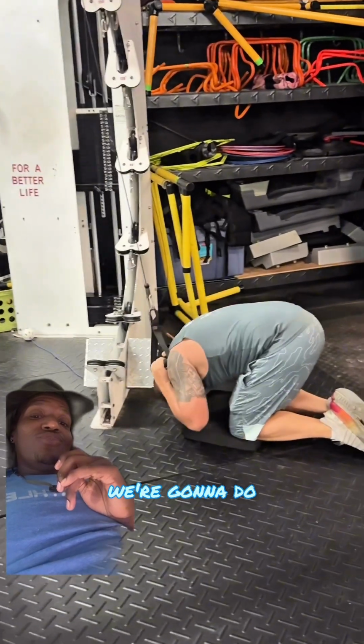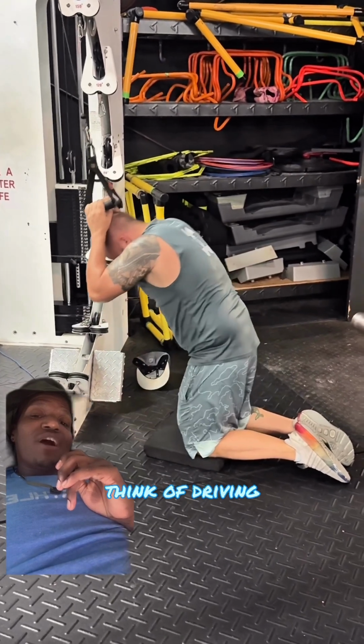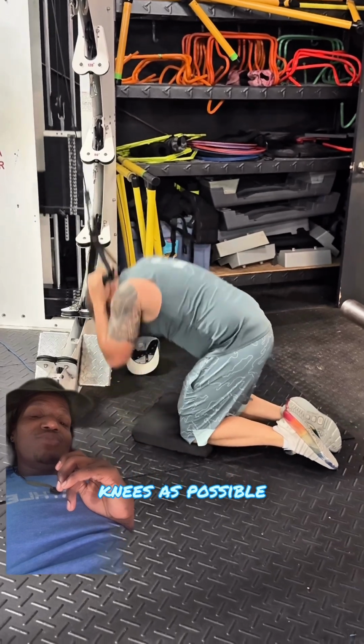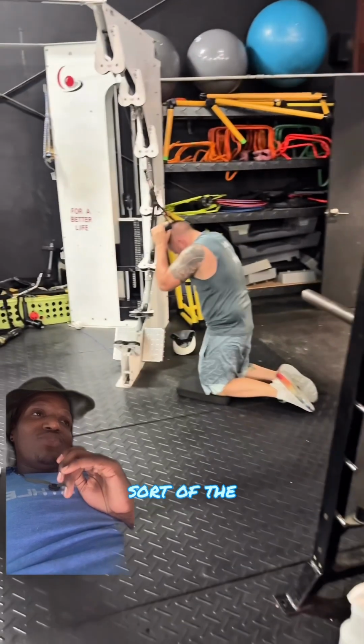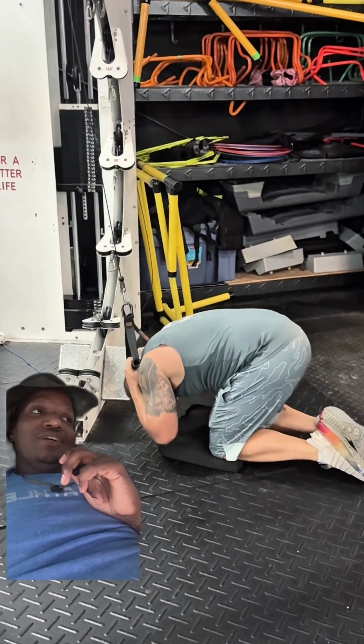The way that we're going to do this is by keeping that attachment pulled into you, like I mentioned, and think of driving your forehead as close to your knees, or thighs, as possible. You might not be able to, most people aren't that flexible, but that's the intent: trying to curl up into a ball as much as we can,